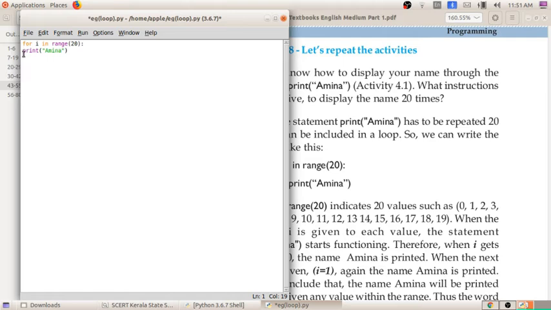After that, before writing the statement, we have to put a space here. Okay, we have to put a space or a tab. When you click on the tab, you can see the space.